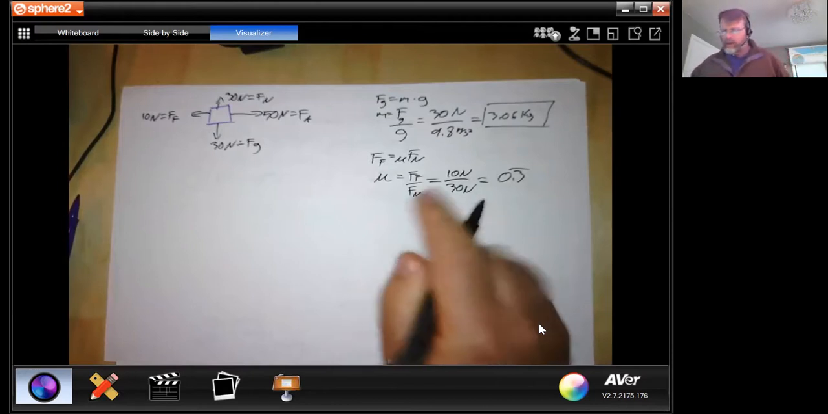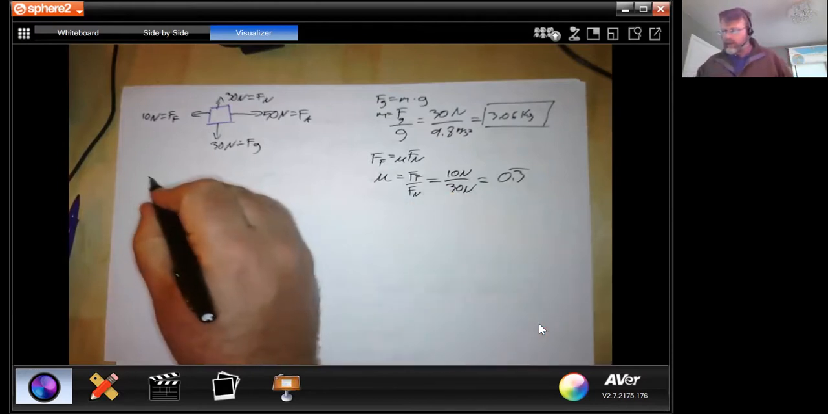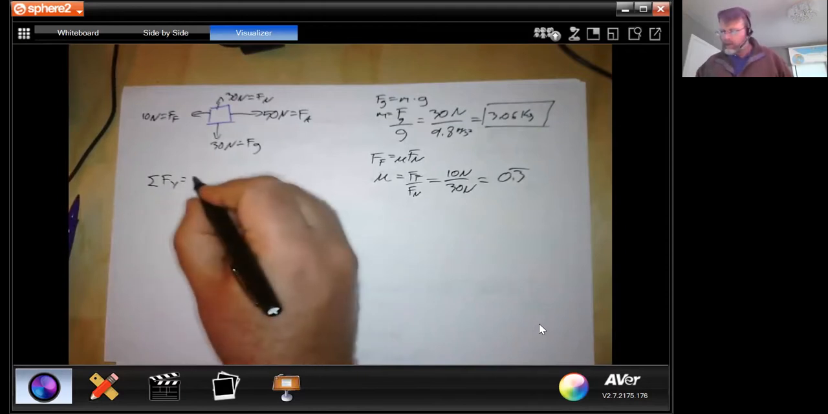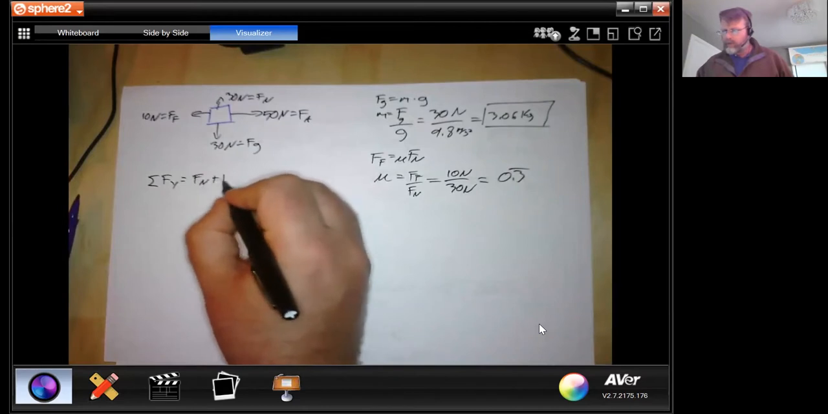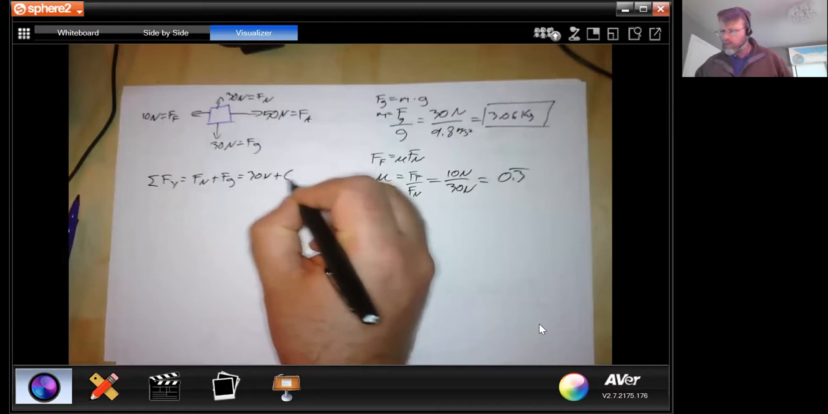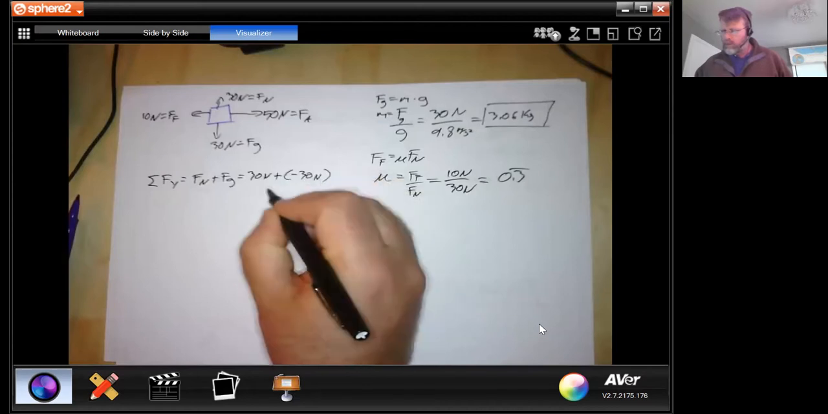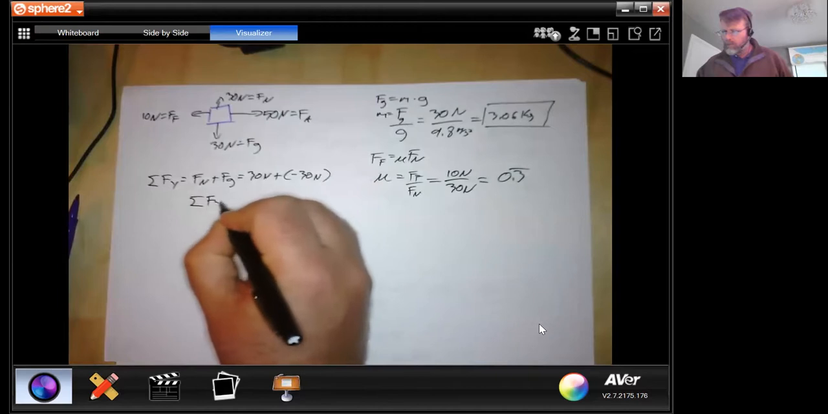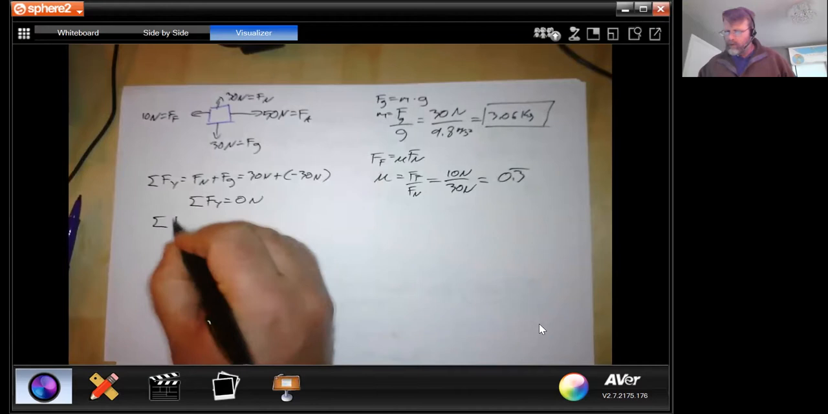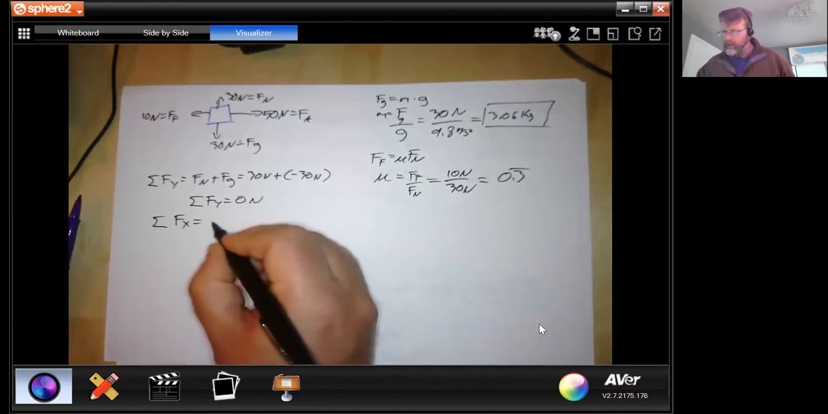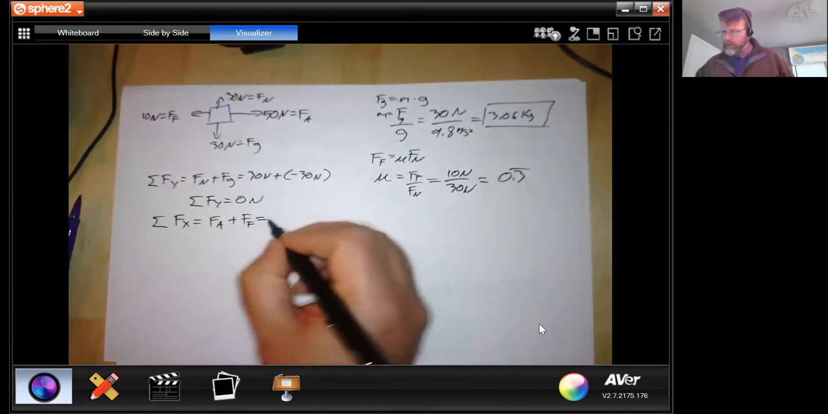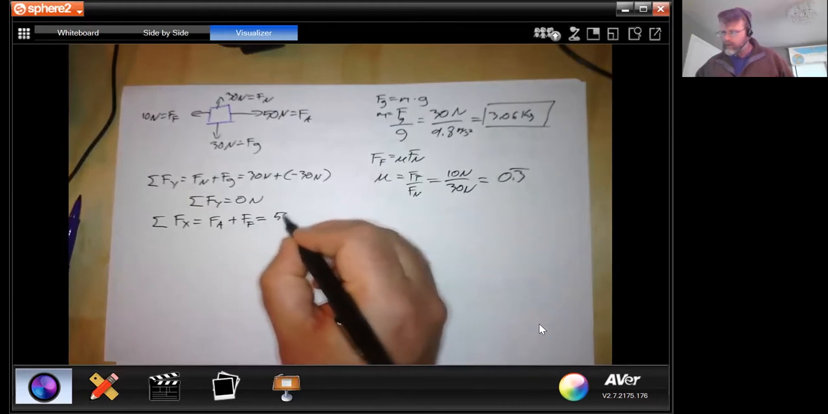All right, next up are sum of our forces. So this is going to be our force normal plus our force of gravity. Sum of our forces in x is going to be our force applied plus our force of friction equals